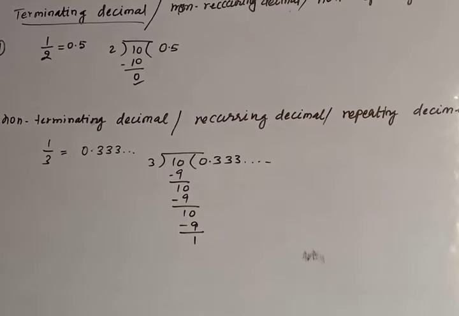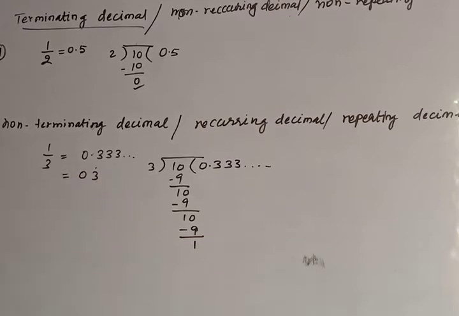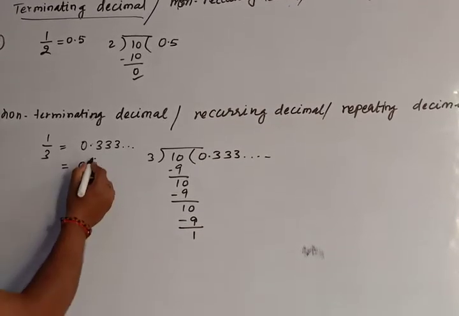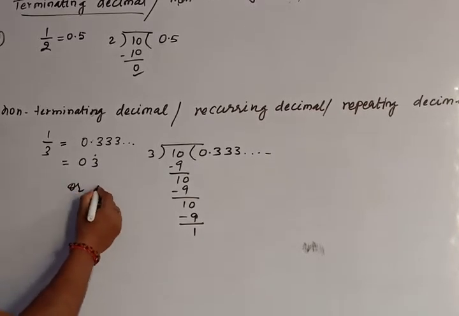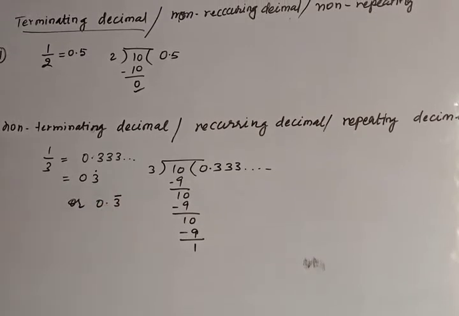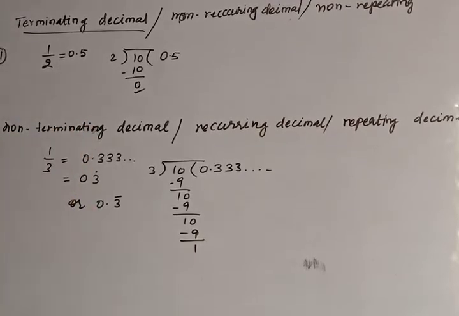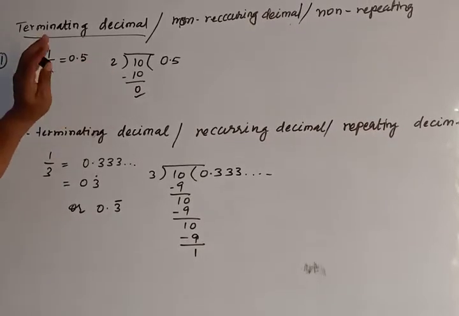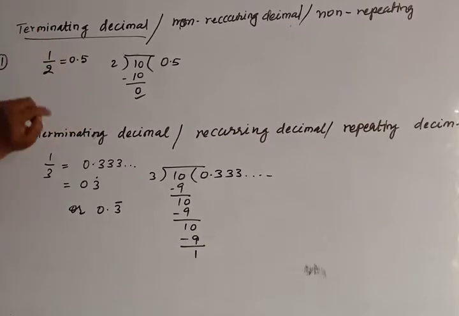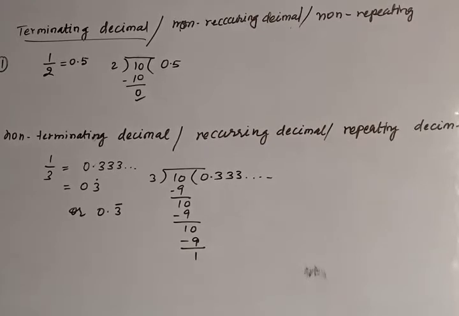This decimal expansion will be said terminating and non-terminating. Clear? It can be written in this way. If one digit is coming again and again, you can put a dot above it. This will be read as recurring, or you can write it as 3 with a bar. The bar indicates that the digit is coming again and again. In this way, I hope you are able to get terminating decimal and non-terminating decimal: in which division is completely performed, it is terminating, or if it can't be performed, it will continue and be non-terminating.